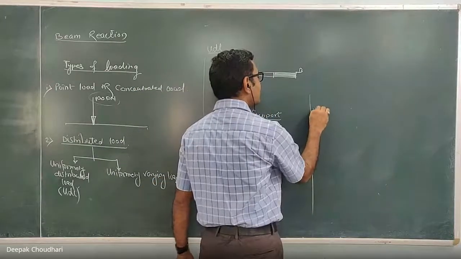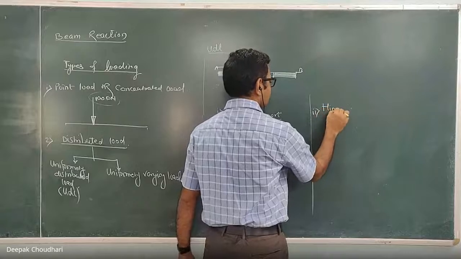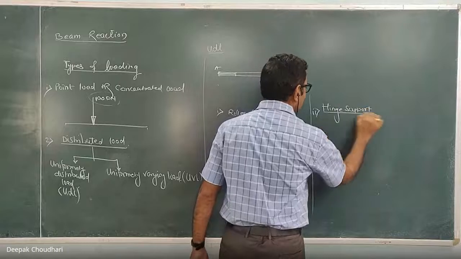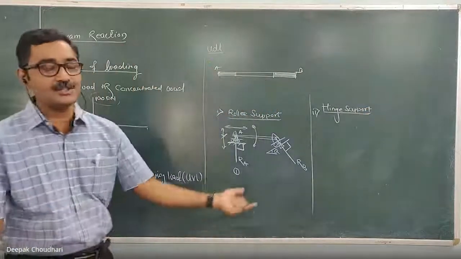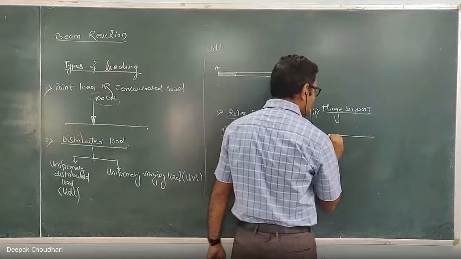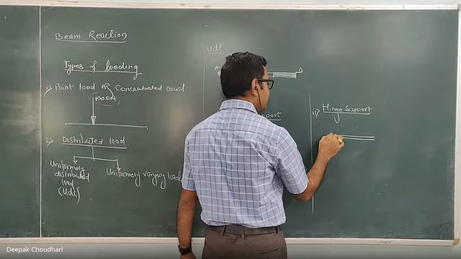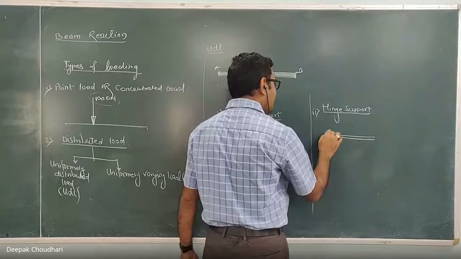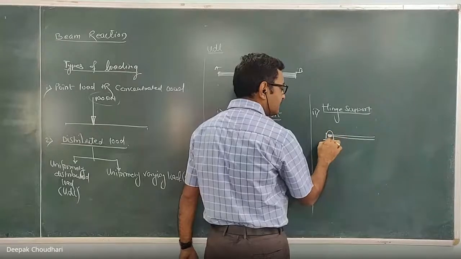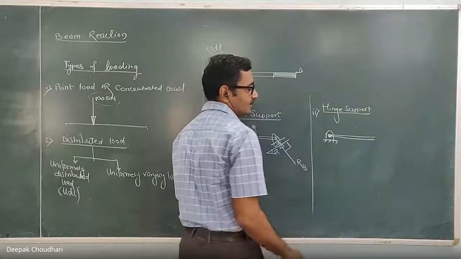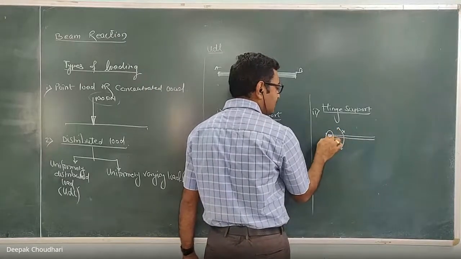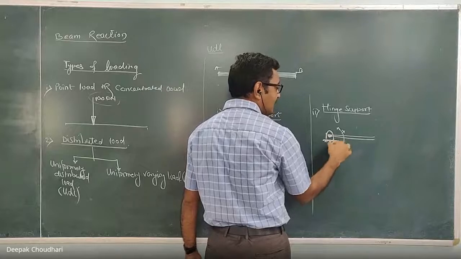The second type of support which we have studied was the hinge support. The examples are the pin joint or the hinge which is used for doors. So how is this hinge support represented? Suppose this is the beam, and at this end there is a pin joint. This pin is connected to the bracket, and this bracket is fixed to some external support. Because of this pin joint, the rotational motion is allowed, but since this bracket is permanently fixed to some external support,